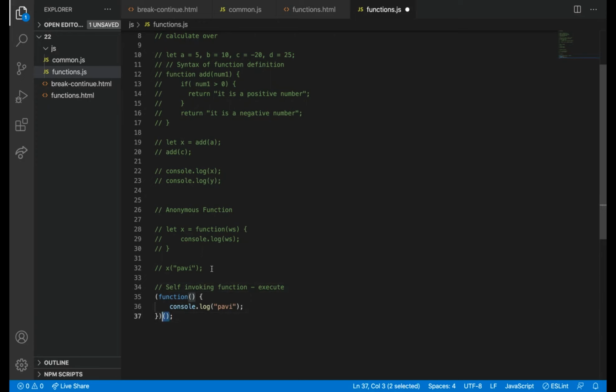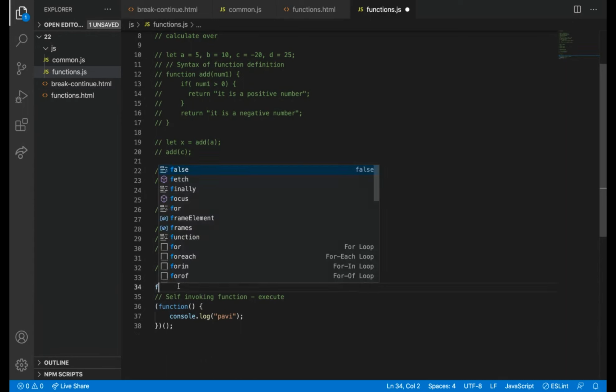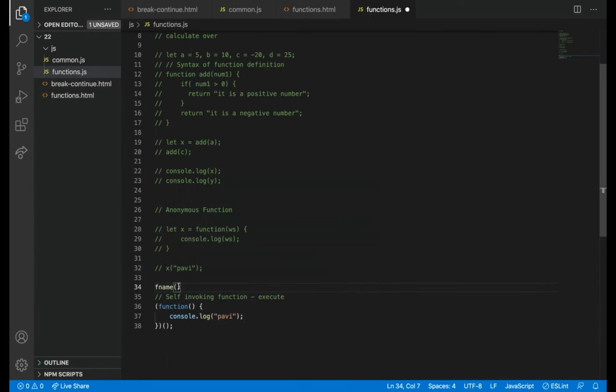Normally while calling, we write the function name with parentheses, so we are calling it here itself. Once the code sees it, it will get executed on its own without calling. This is called a self-invoking function.